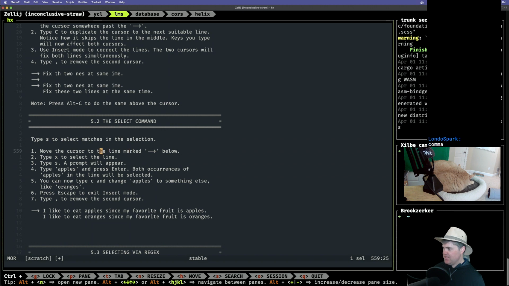Type S to select match. So move the cursor to this. Type X. Oh, S. Oh, to within the selection. Okay. Got it. And then if I want,